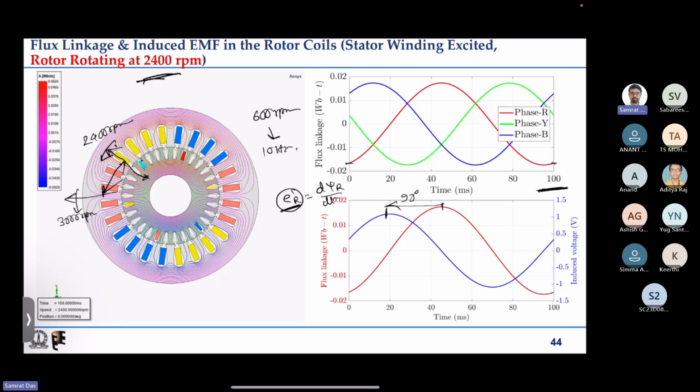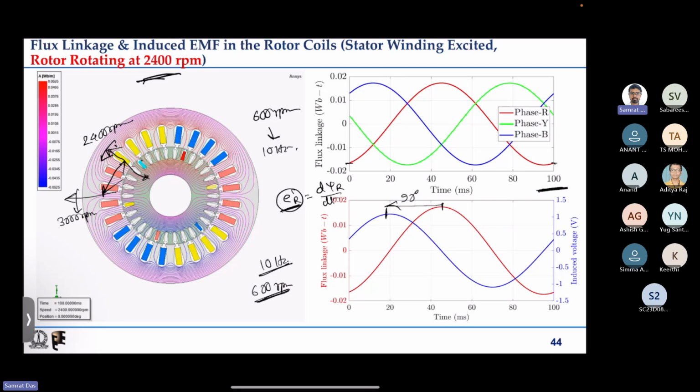So again, similar to the earlier case, if we short the two terminals of the rotor coils, then there will be some current flow in the rotor winding. And what will be the frequency of that current? That will be the same as the frequency of the induced EMF, that is 10 hertz. If we have 10 hertz of excitation, there will be a rotating magnetic field due to the rotor current, so that will be 600 rpm, and this will be the speed of the rotor magnetic field with respect to the rotor,